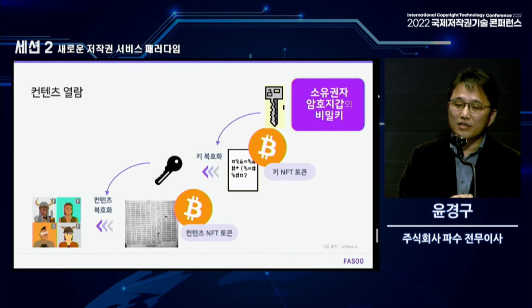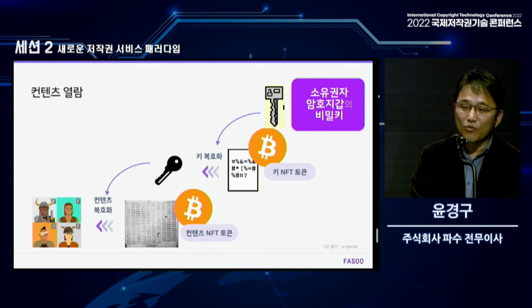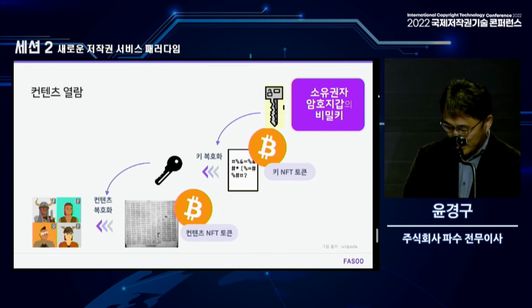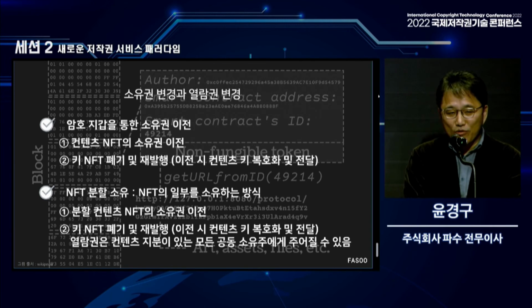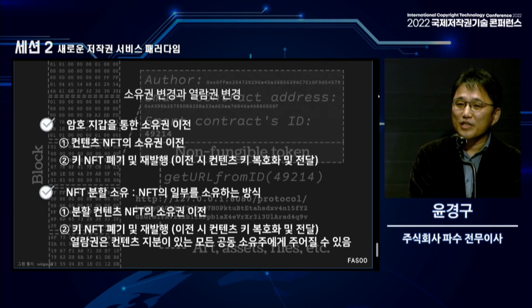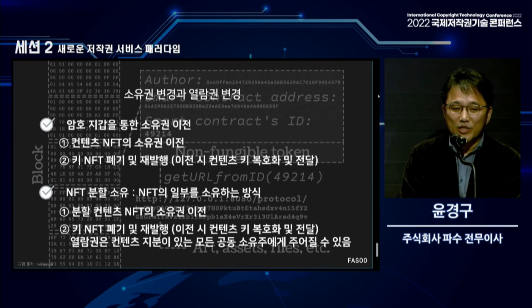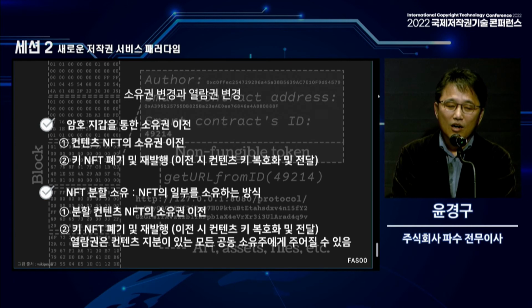By using that, the content key can be recovered, and the content can be decrypted to look into the encrypted NFT content. So I almost told you everything I wanted to tell you in this presentation. Lastly, let me tell you more details